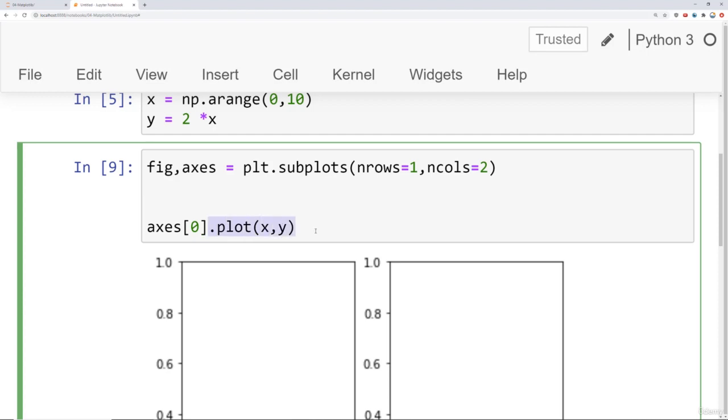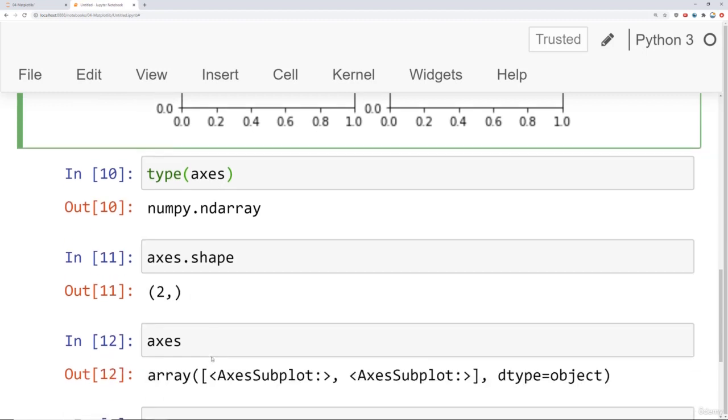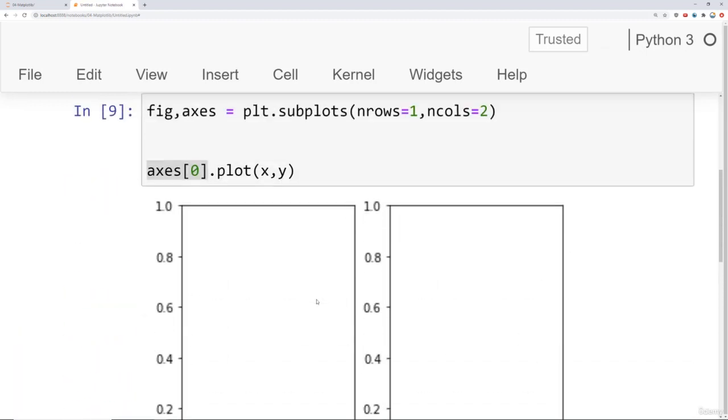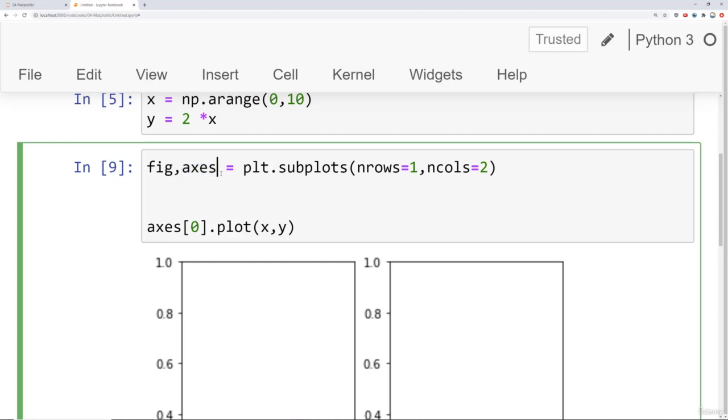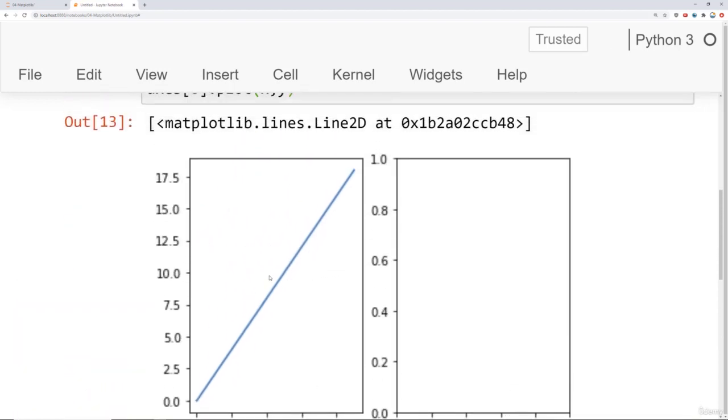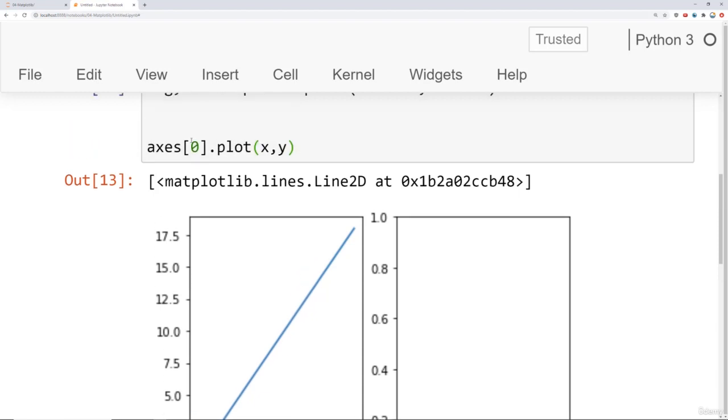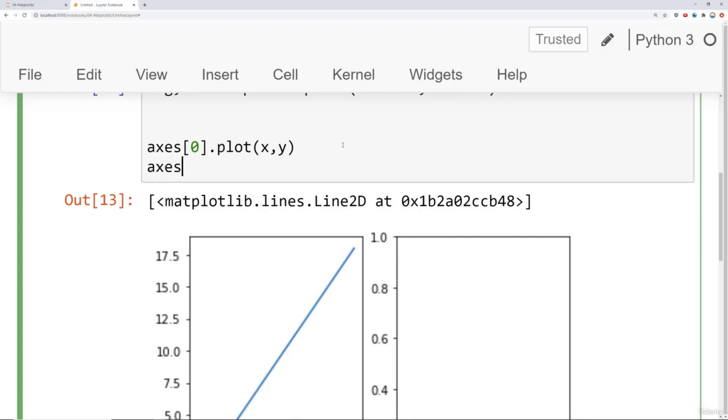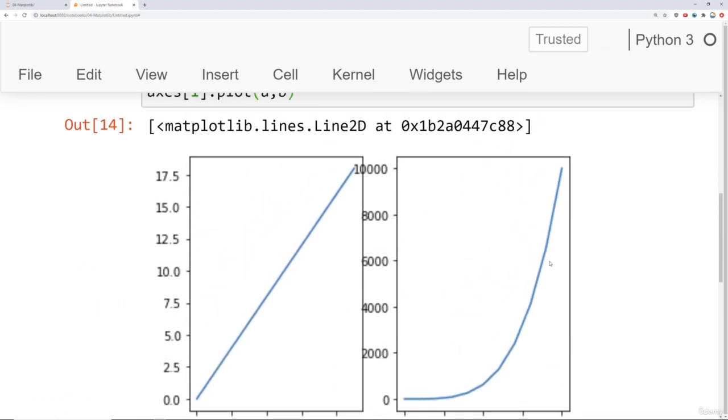I know it can be a little confusing with the variable choices here, that I'm saying both the variable axes and technically the Matplotlib axes objects that are in it, these axes subplots right here. So feel free to rename this if it's confusing you, but by convention, most people just call it fig, axes. All right, so then I can say .plot x, y. I run that, and I can see I've plotted x, y on the left-hand side because that's the one associated with axes 0. Which means if I said axes 1 .plot, I could say something like a, b,